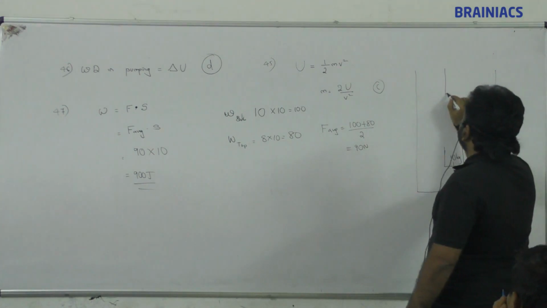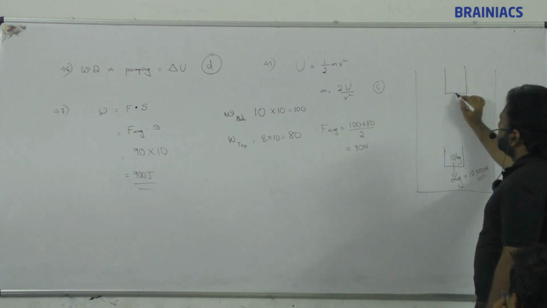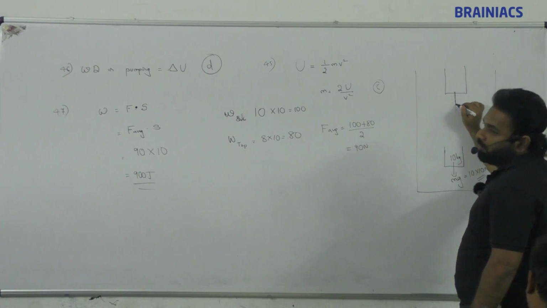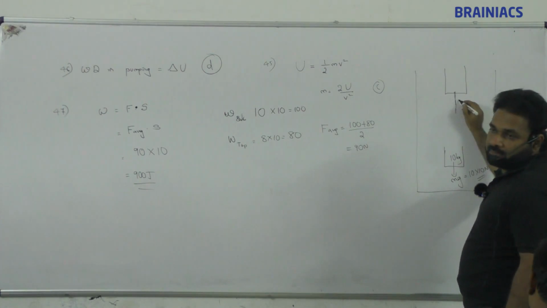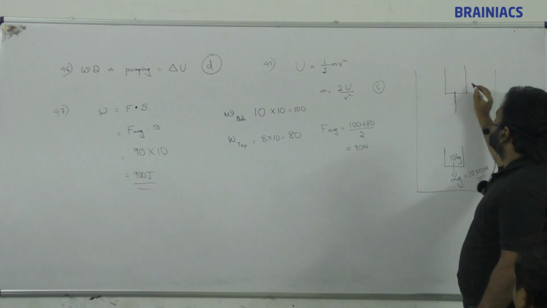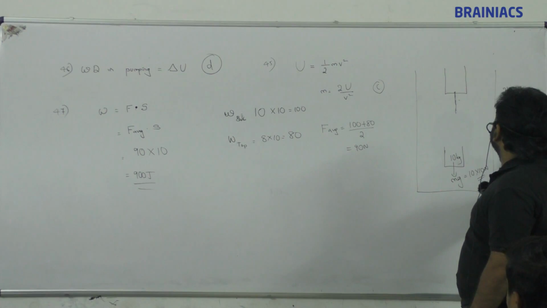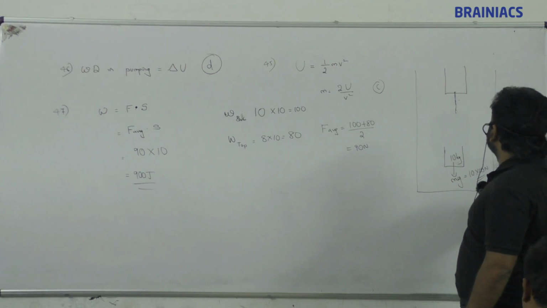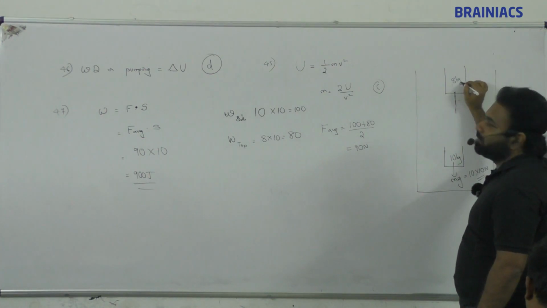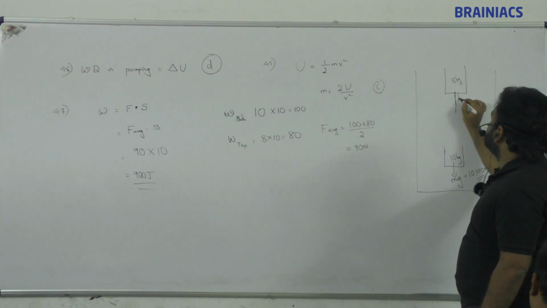When this bucket reaches the top, a hole is there in this bucket, so water is leaking, 2 kg is leaked out. So this is going to be finally 8 kg, so mg is going to be